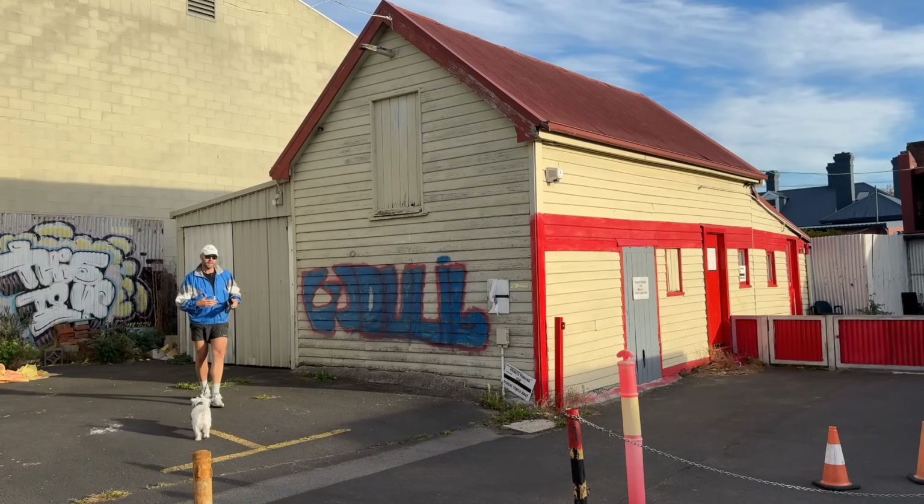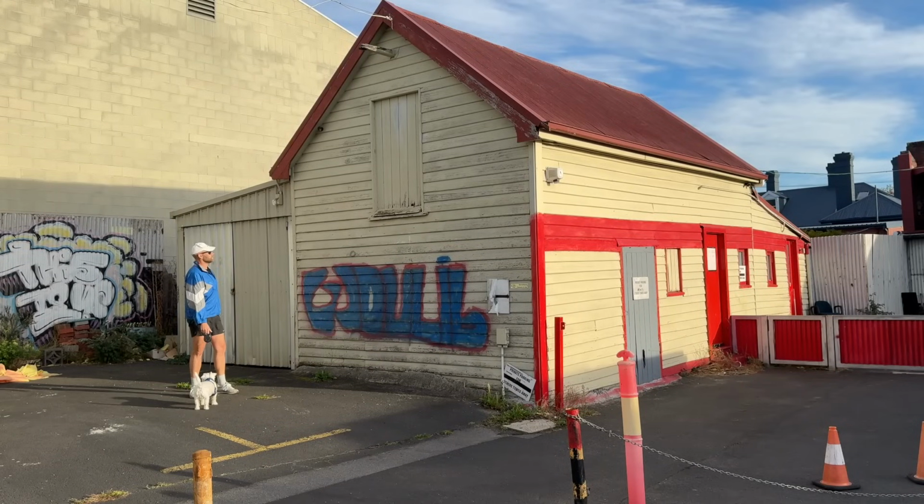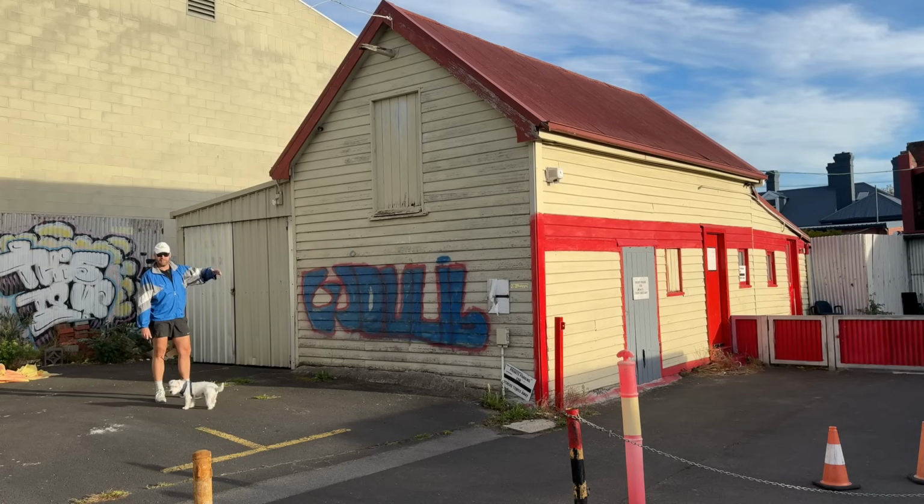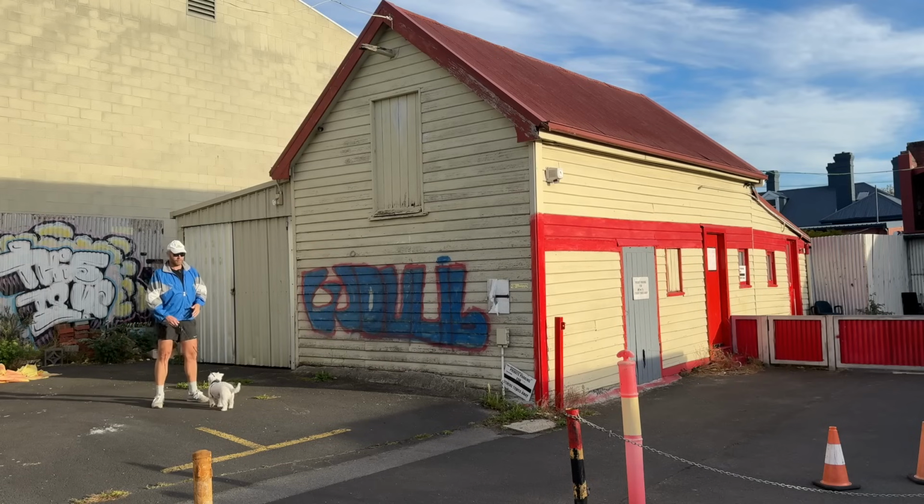So the dog and I are here in the commercial heart of Sandy Bay. We're here because of this building. This is a former stable made of wood. A lot of it's rotting now. You can see it's got the gabled roof, the door up there for lifting agricultural products up and down. It's covered in some attempted artwork that's been sprayed across the front of it, but overall the important thing is